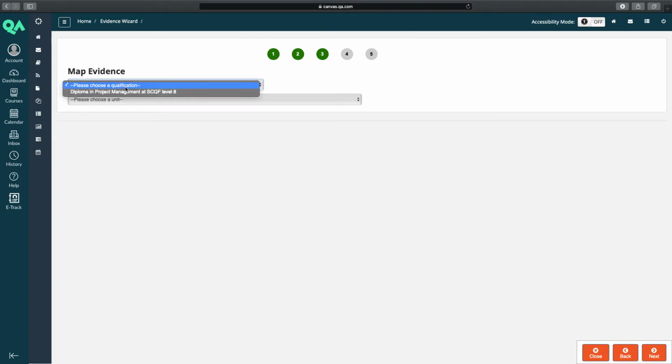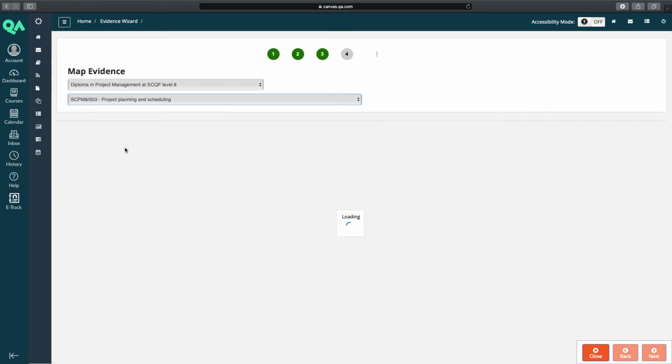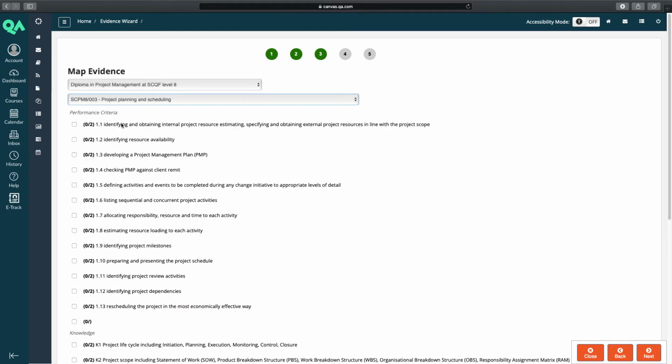So select on the first drop down. This portfolio's only got the one, but you might have a couple of options here. And then select on your unit. So this task is planning schedule. So have a read at your unit names and try and pick what unit you think it'll go into. You've probably planned out already, so you probably have a bit of an awareness of where this evidence is going to go. So in here, we'll select Unit 3, Project Planning and Scheduling,